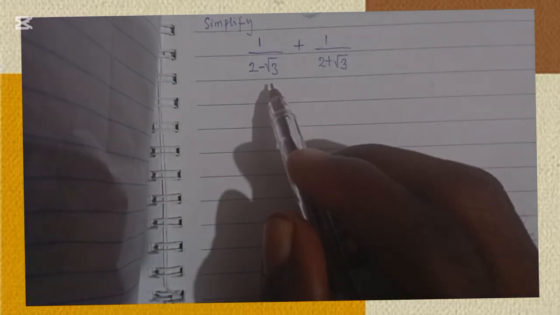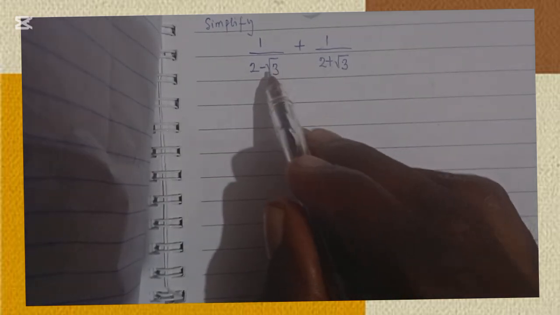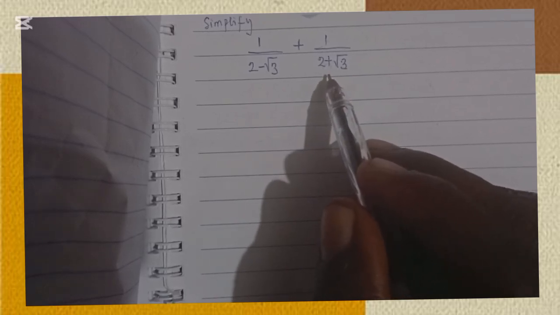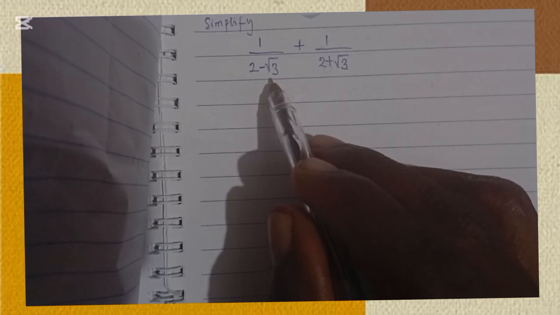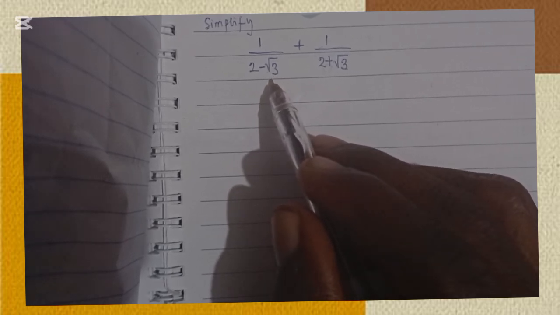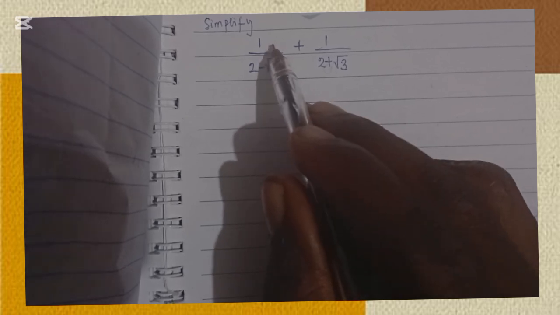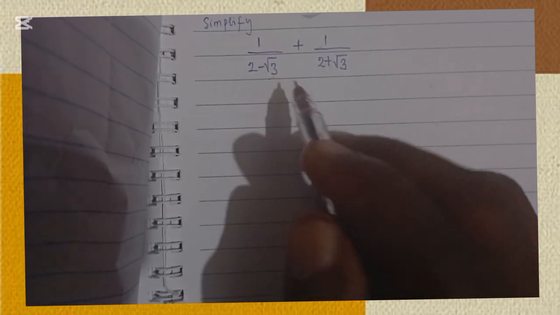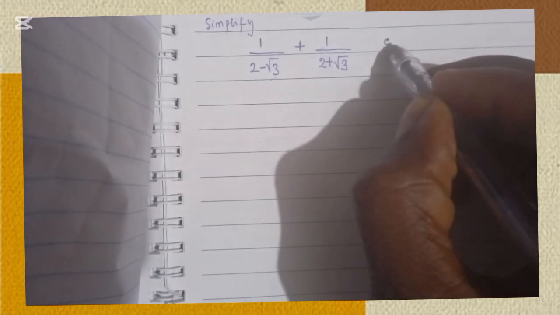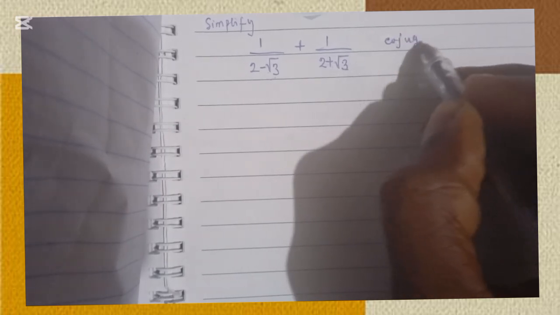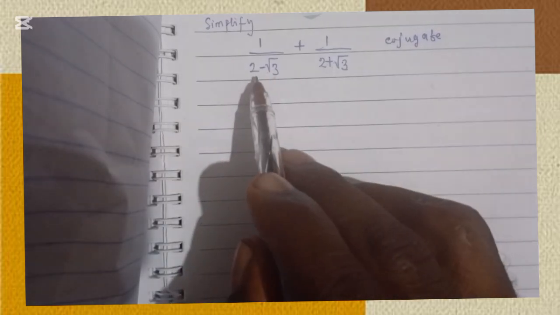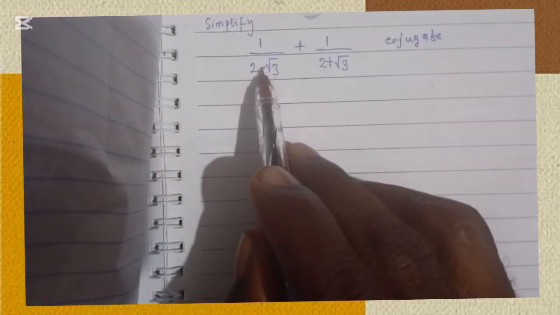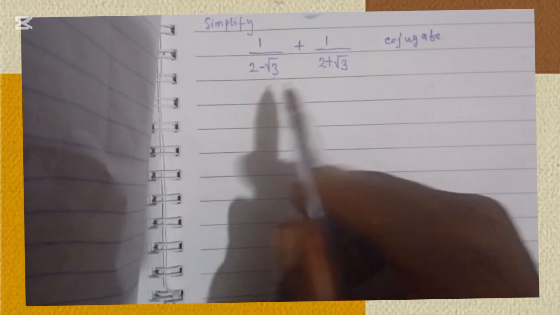All right, so this is a typical problem where you have a square root at the denominator. In mathematics, we call this surds. When you have a square root at the bottom, or at the denominator, what you want to do as a general rule of thumb is to multiply the numerator and the denominator by what we call the conjugate. The conjugate is usually the opposite. We have a change of sign in the middle, so the conjugate of